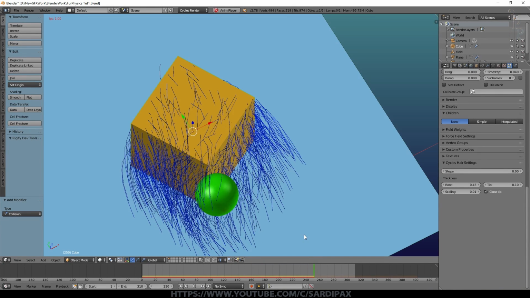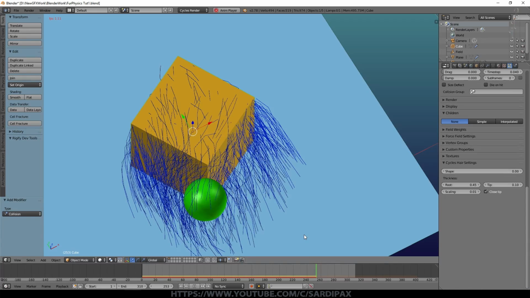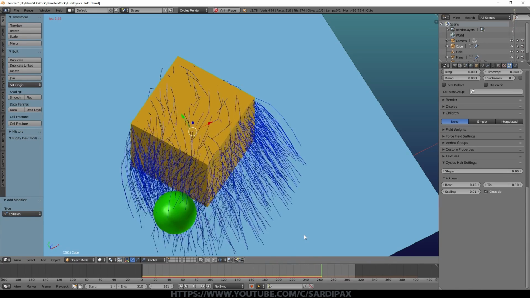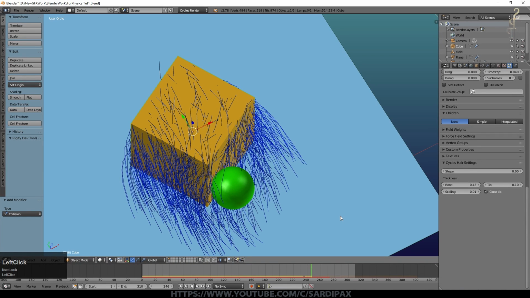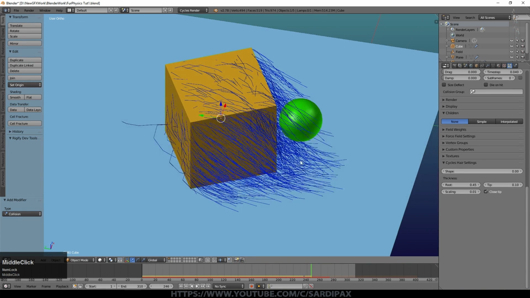And overall, the effect works quite well, even though some of the hairs will pass through the object. So that's shown you how to set a basic hair system up, and how to set up some basic physics that will influence the hair, and how to cause collisions with another animated object. So the only thing that's left really is some basic settings for rendering the hair.